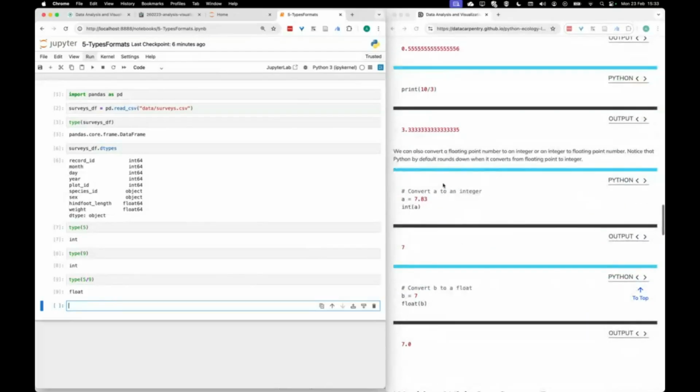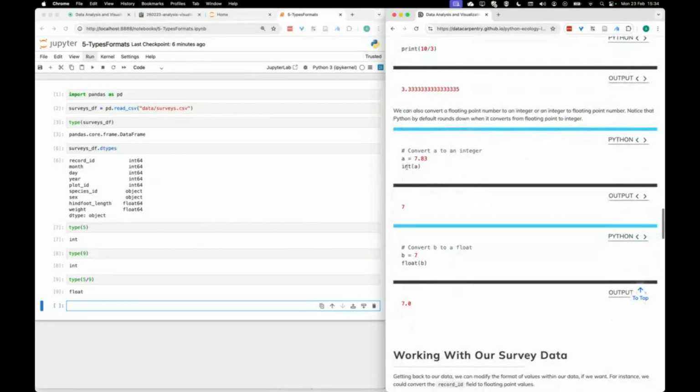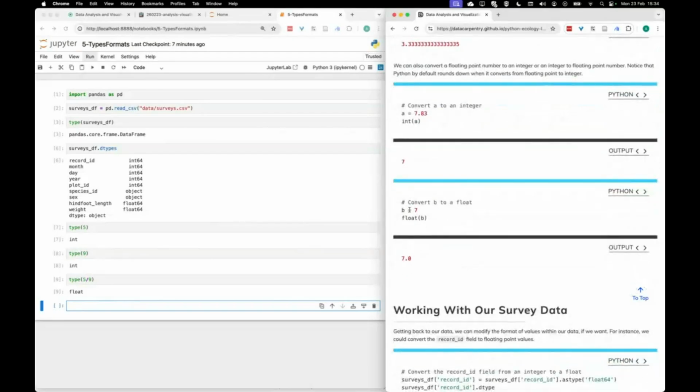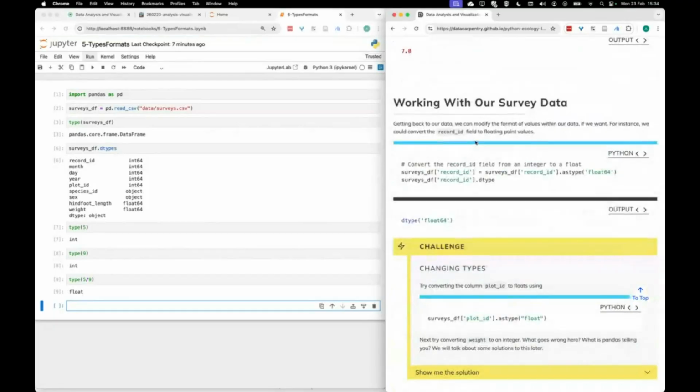So you can convert types to one another to some extent. The example given here is if you initialize something as a float, you can cast it as an int, which by default in Python rounds down and just discards the figures after the decimal point. And likewise, you can convert an integer to a float. Python will assume that b being equal to 7 is implicitly an integer. It will start as such, and then you can cast it as a float using this function call. Okay, so going back to the data,